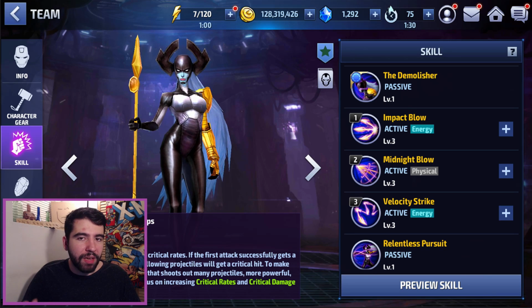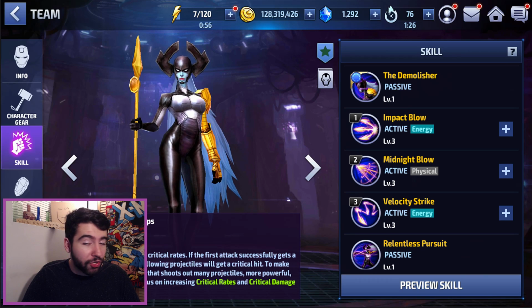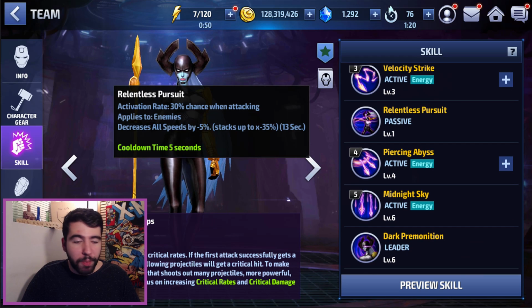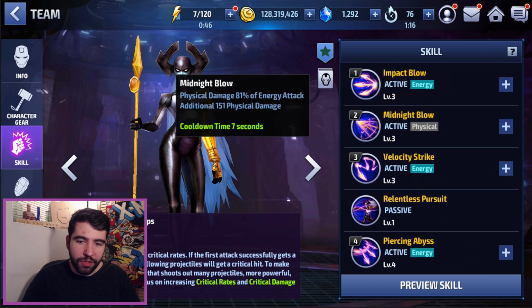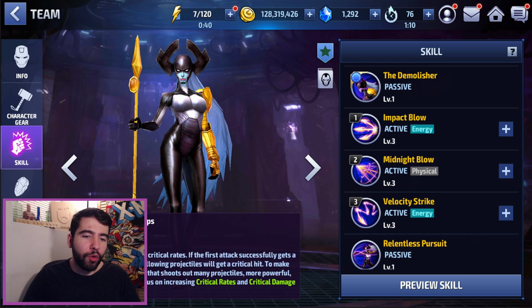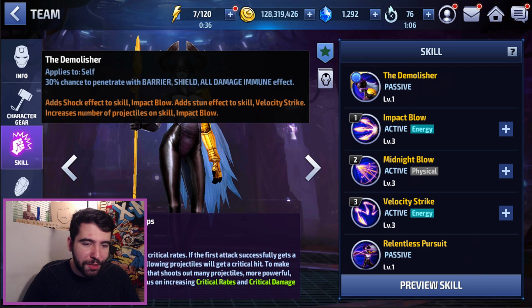But believe me, if this uniform comes and changes around her skills drastically and makes her a super dangerous enemy, she could very well find herself back in the meta, especially because she's got a leadership with ignore dodge, so she can counter the speed boys, and the penetration chance, although 30% is low, I could see them giving her a uniform adding another 20% or something like that, doubling the chance to 60%, and